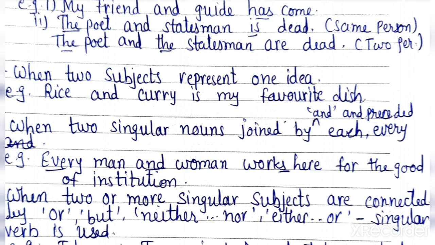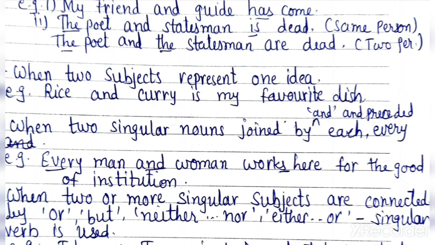Now I am asking you some questions. Try to give the answer. Politics dash a dirty game. Here I have taken this sentence as an example. So what will come, is or are? Is. Okay, no news dash good news. Is or are? Is. Neither you nor I invited. Am or is? Am. Okay, then the master of these shops dash very rich. Do or are or is? The master of these shops is, because shops are many but master is only one person.